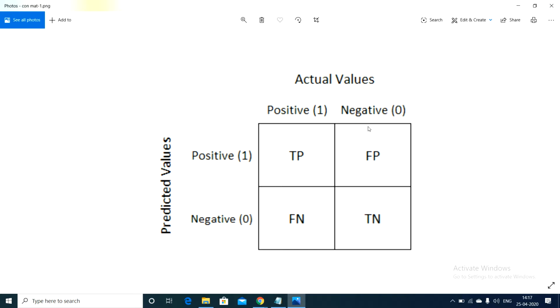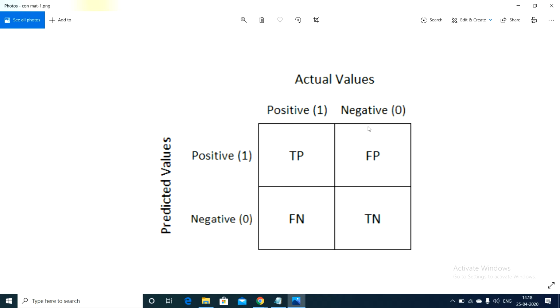We did a prediction in the KNN algorithm in the last video. We predicted the tomato as a fruit, but it is a vegetable. So that is the actual value. What is the actual value? The actual value is that tomato is a vegetable. What is the predicted value? The predicted value by our model is fruit, right? So we are having predicted values and actual values. This confusion matrix is drawn between actual values and predicted values.